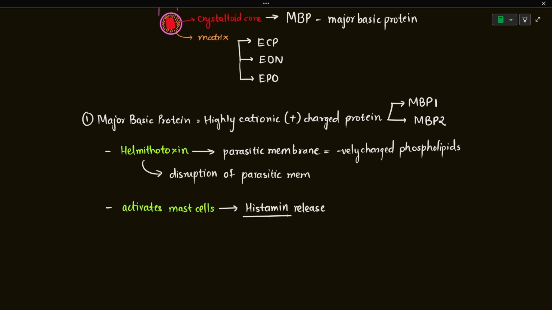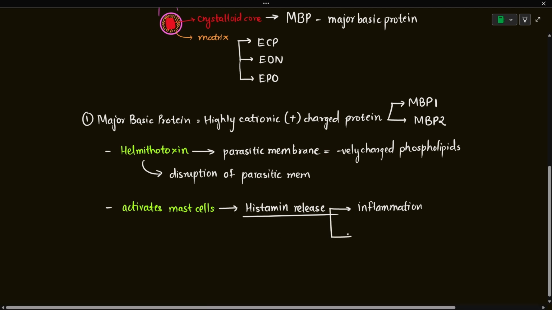Both basophils and mast cells have histamine in them. This histamine results in inflammation. We already know that histamine is an inflammatory chemical, but alongside inflammation, it will also result in